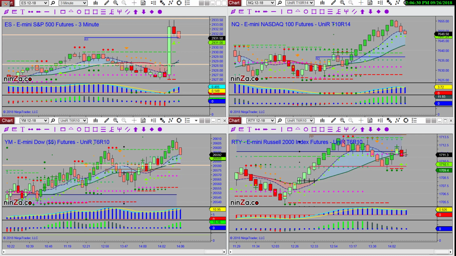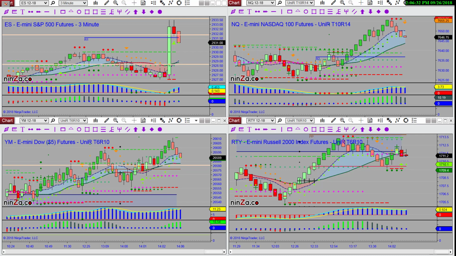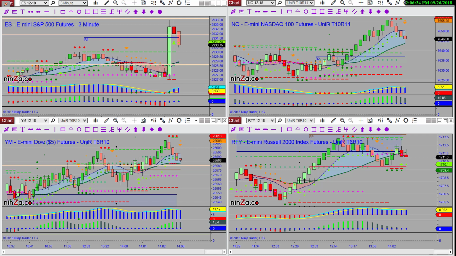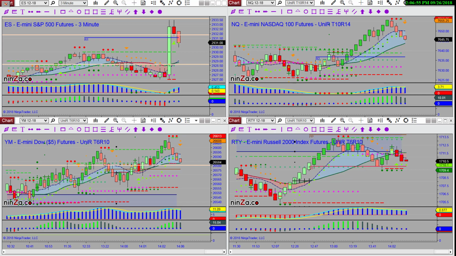I'll tell you that the Dow is probably the least volatile and uses $5 per tick. If I were to pick only one instrument to trade and trade first, I'd trade on the Dow, the YM. It's $5 a tick. Each tick that you see there is $5. The amount of mental gymnastics you have to go through are less for that than any other.